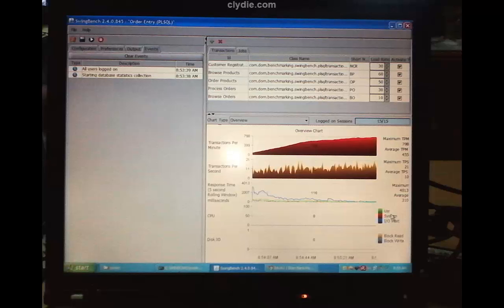If SwingBench does not support your platform, such as Sun Solaris, you can run it from a client computer, which is a better simulation of a real production environment. In this picture, SwingBench runs a test from my laptop to my desktop database server. It's a state-of-the-art Core i7 laptop, if you know what I mean.